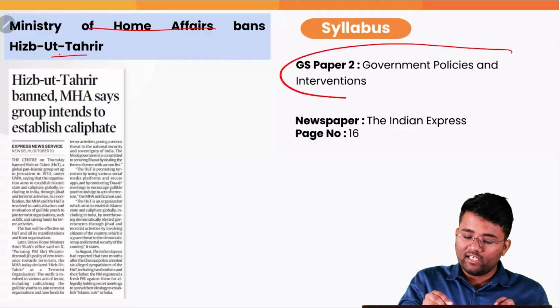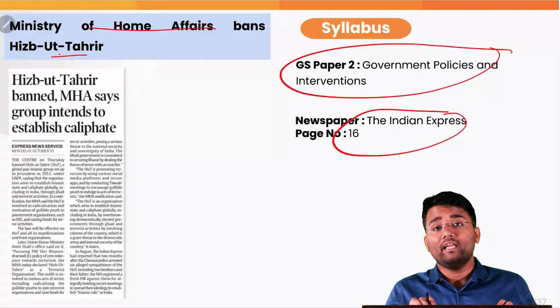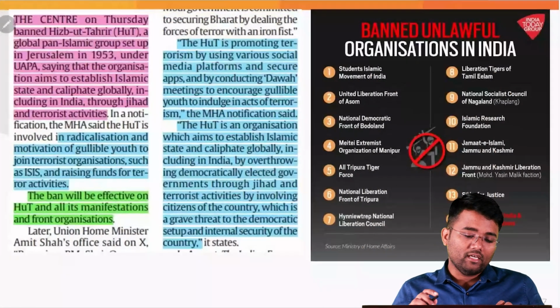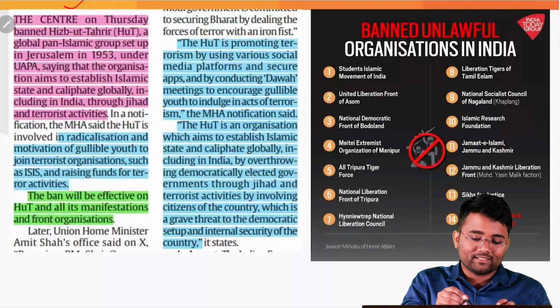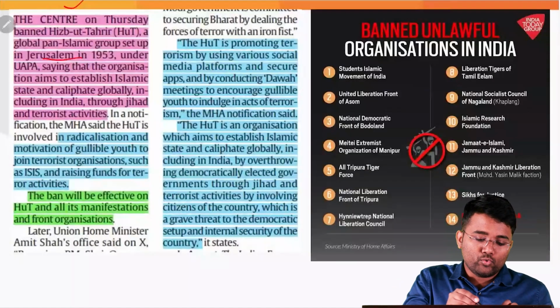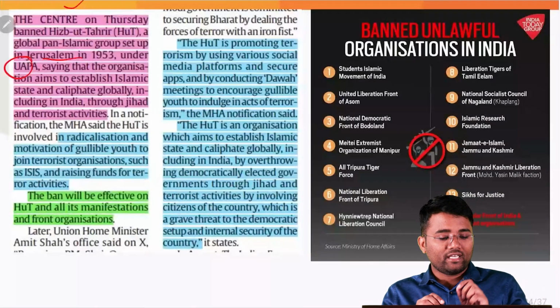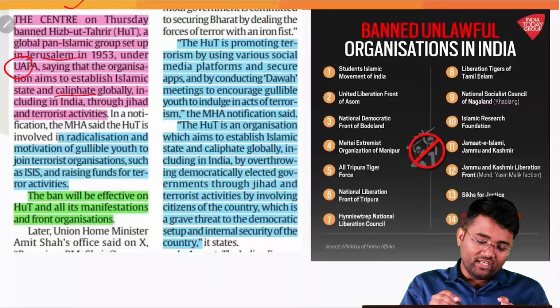This topic relates to your GS paper 2, government policies and interventions. It has appeared in today's Indian Express, page number 16. The context is that the Centre on Thursday banned Hizb-ut-Tahrir, a global pan-Islamic group set up in Jerusalem in 1953, under the UAPA, saying that the organization aimed to establish an Islamic State and Caliphate globally, including in India, through